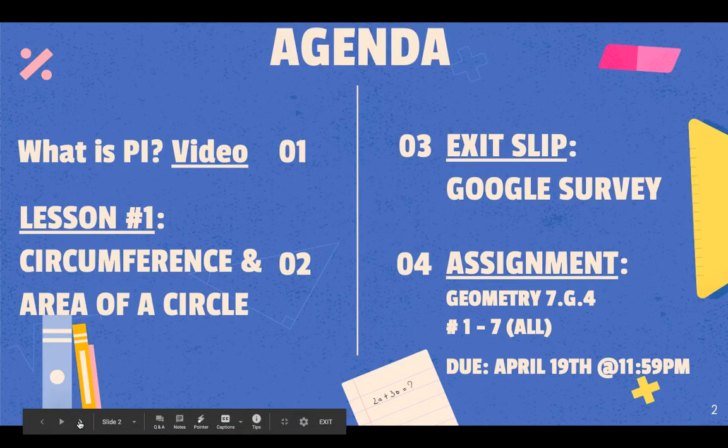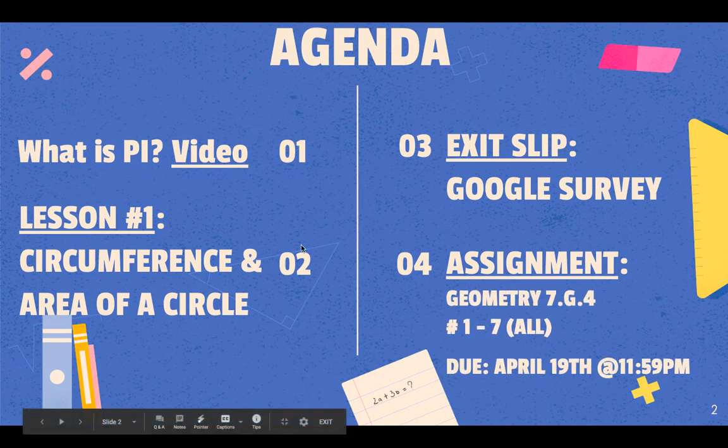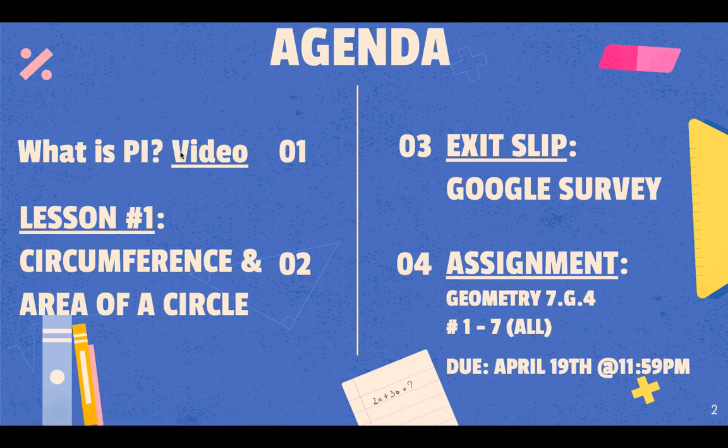All right. Today's agenda. We have 4 items for today's lesson. Number 1, number 2, number 3, and number 4. The very first thing I need to do is watch a video that is called What is Pi? The second thing we're going to do is the actual lesson. That means we're going to be practicing together circumference and area of a circle. The third thing I need to do right after I finish my practice is our exit slip, and that will be a Google survey. The fourth item is our independent practice assignment, and that's going to be 7 problems that